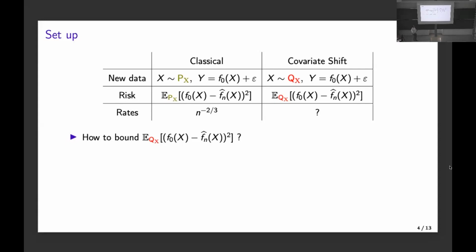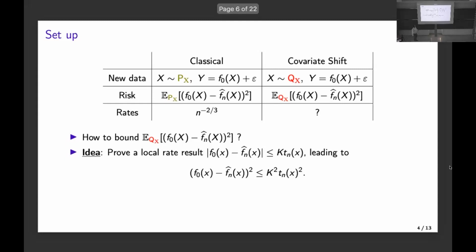And there is a question mark on what we want to talk about today. And so you see that the whole question now boils down to how to bound this expectation with regards to an arbitrary distribution. And our idea is that if we are able to prove some local rates,